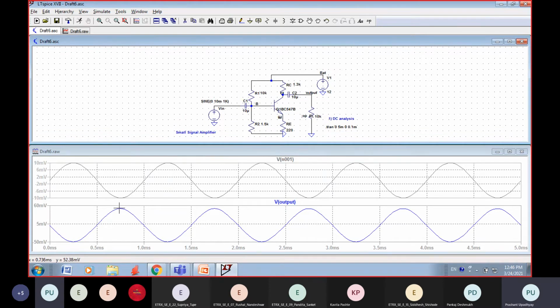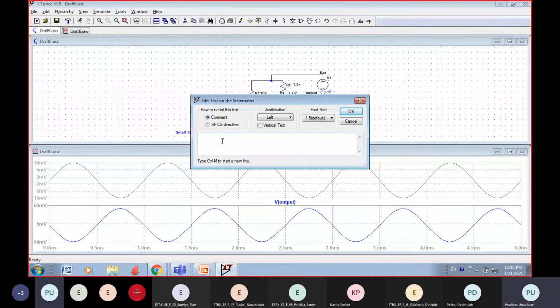So can you tell me what is the gain? How much is the gain of an amplifier? The output is around, you can assume, 60 millivolt, but the input is 10 millivolt. Can you calculate the gain? Anybody, can you tell me the formula for gain?